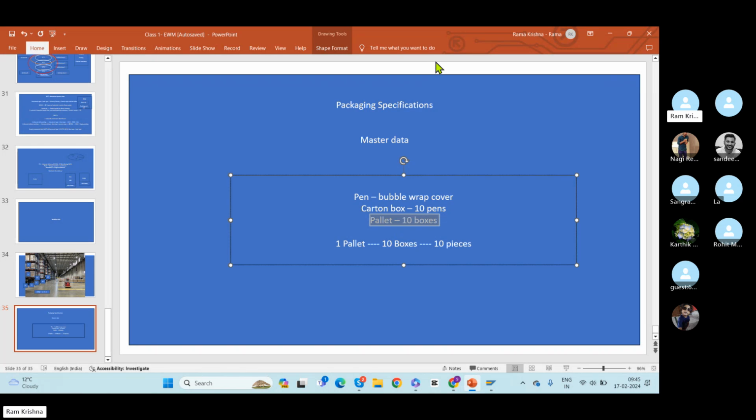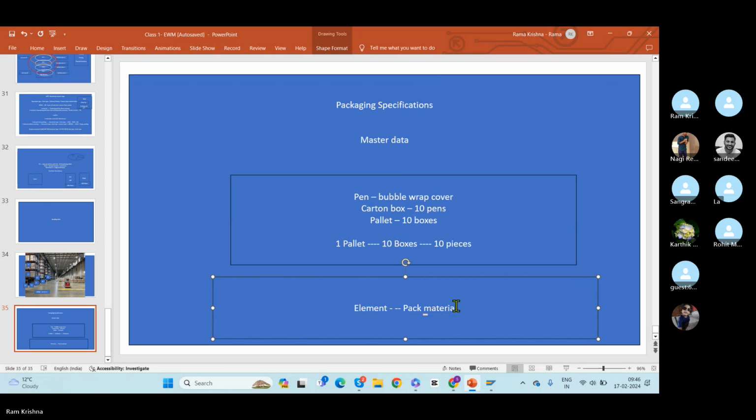We should tell about the concept of element. We need to discuss the concept of element. What is element? Element is nothing but packing material that we use to pack the material. It can be auxiliary or cotton box or pallet boxes. Element is nothing but a packaging material that you use to pack the material, plus